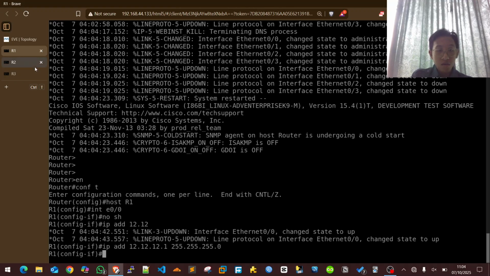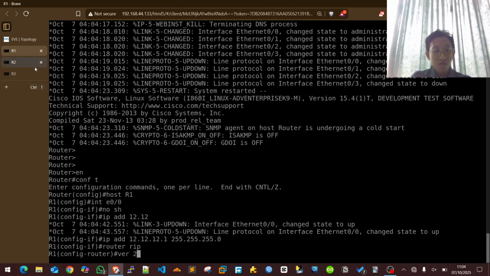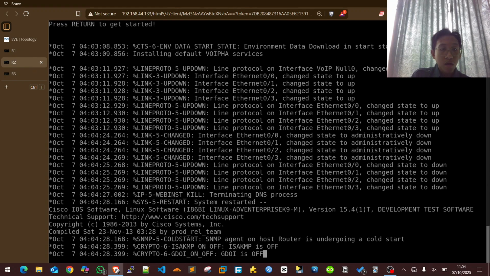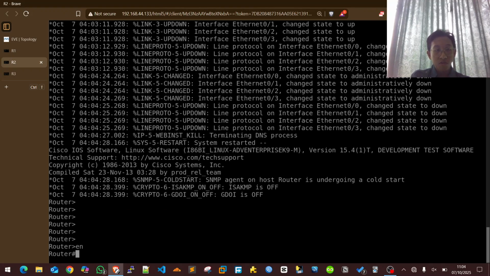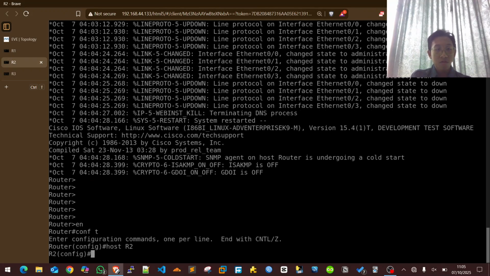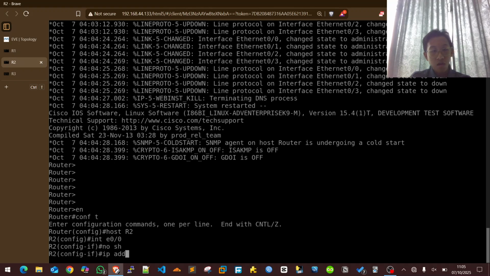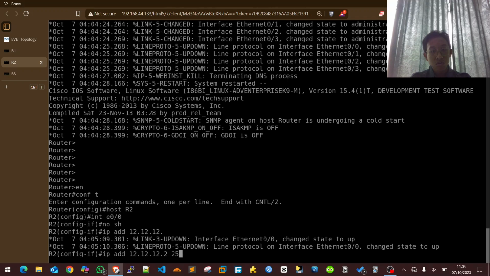Okay, after this I'll go to RIP to network 12.12.12.0. Now for this one also, interface 0/0, turn it on, then add an IP of 12.12.12.2.